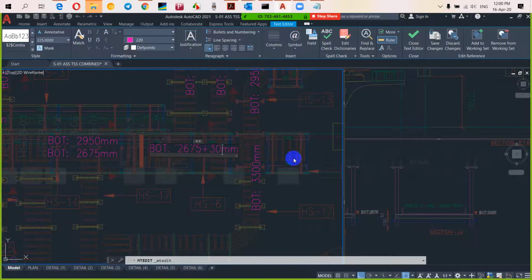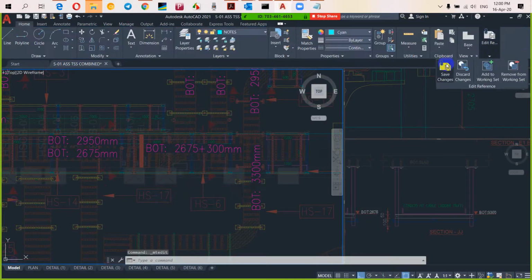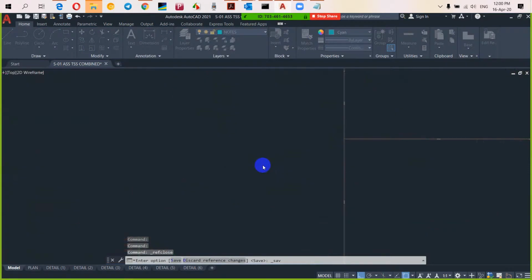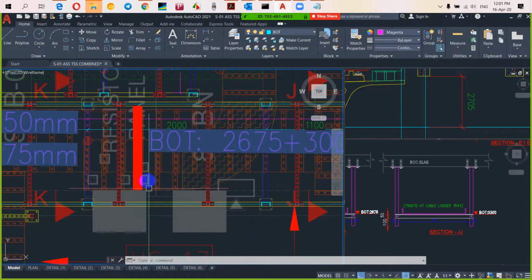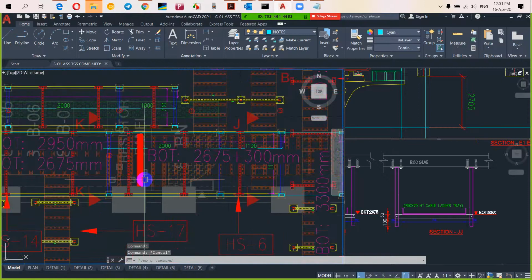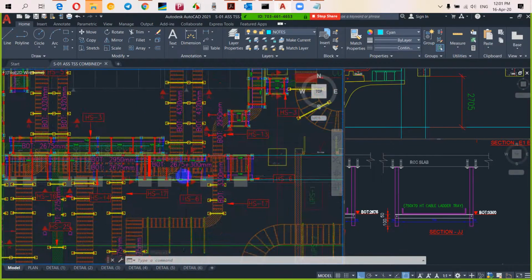Because basically the tray only one has to extend it further. That's it. That is the main purpose. Whatever the behind tray 2675 2950, it has to extend. Only one tray shall extend till that point. Because the SCD cutout has been there far from the panel. Correct. So I'm considering the top tray will be stopping here, in this red line. Yes, above the panel. Above the panel. So okay, fine.